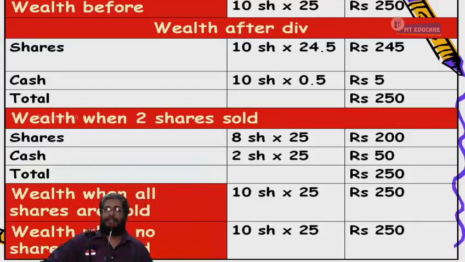Hence, dividend distribution or buyback theoretically are equally good. Can I proceed? Next, point number 3 or 4 or 5? Point number 4. However,